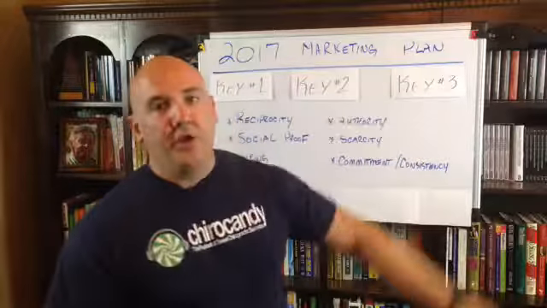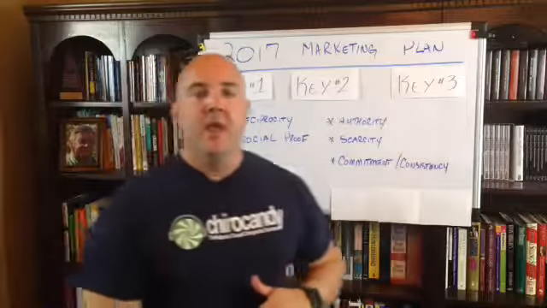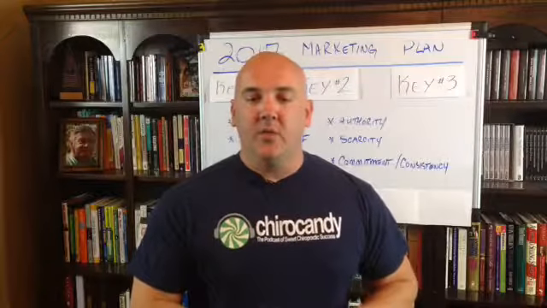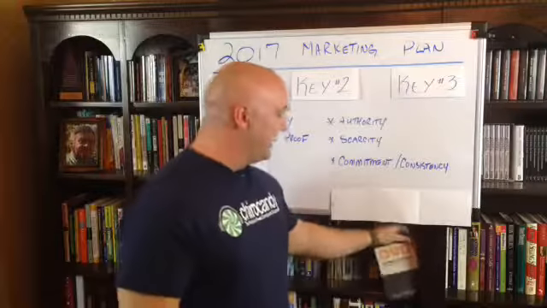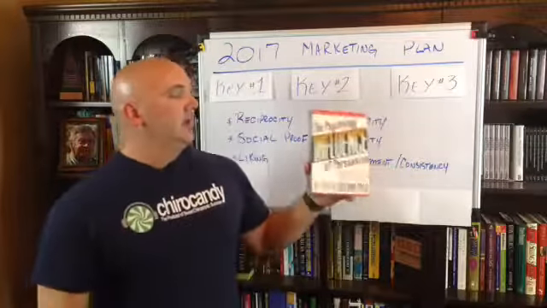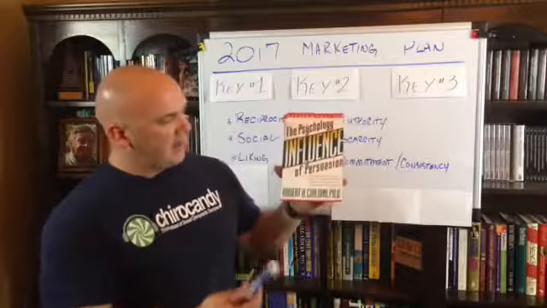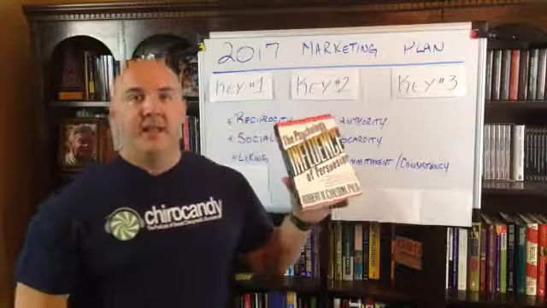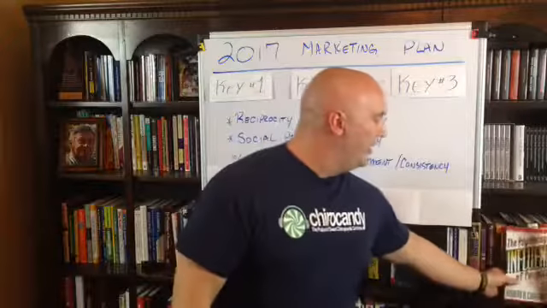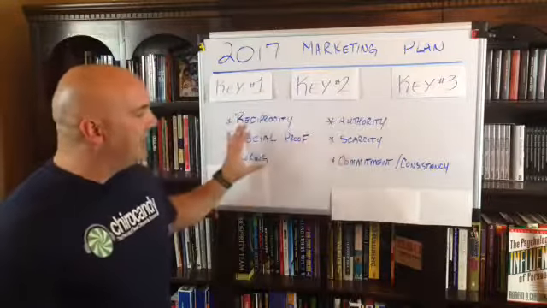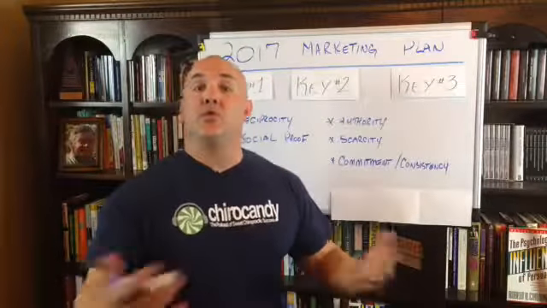But let's talk about your marketing plan for 2017. Okay, your 2017 marketing plan. There's a book, I don't know if you've ever read it. It's a tremendous book, fantastic book. If you ever have a chance to get it, Influence: The Psychology of Persuasion, by Robert Cialdini. This is a fantastic business book. But in this book, he goes over 6 different key things that help influence people, or that help persuade people.